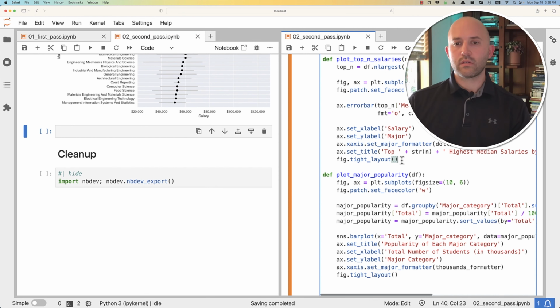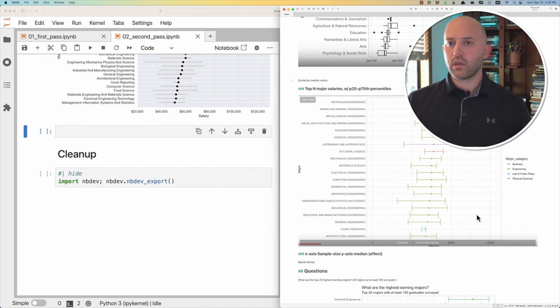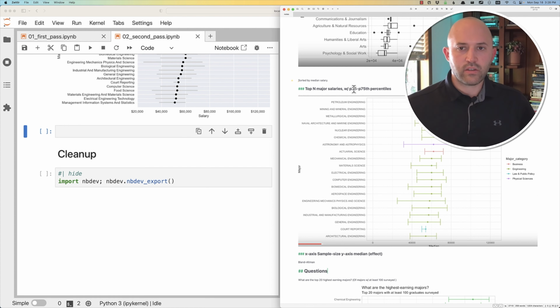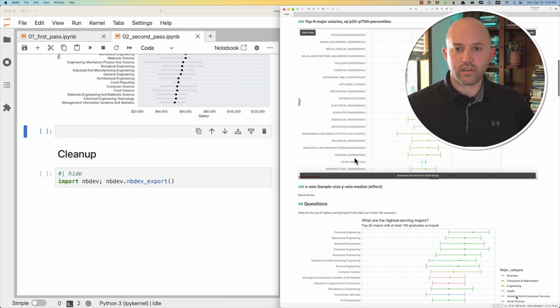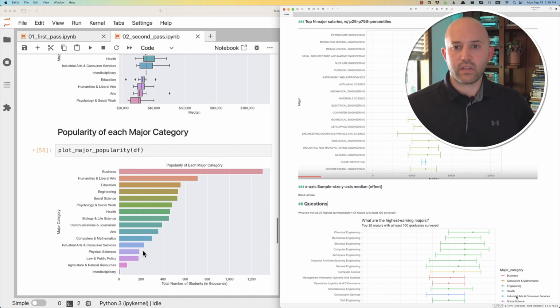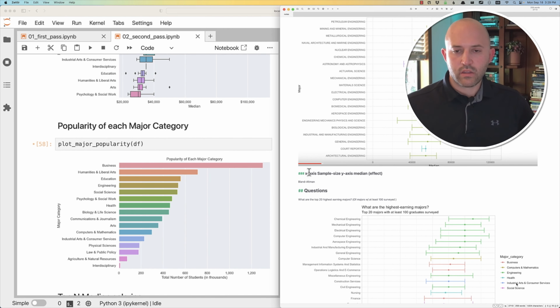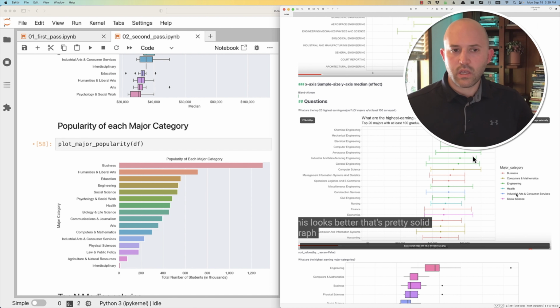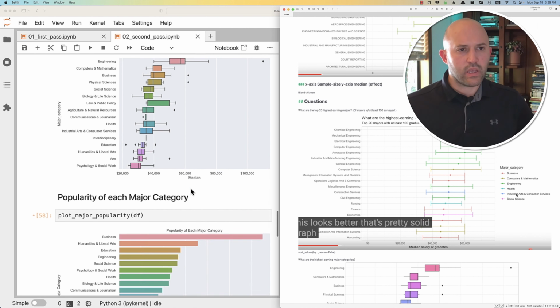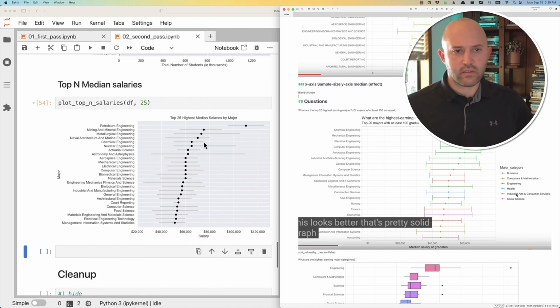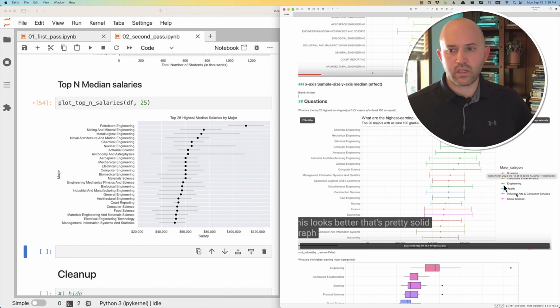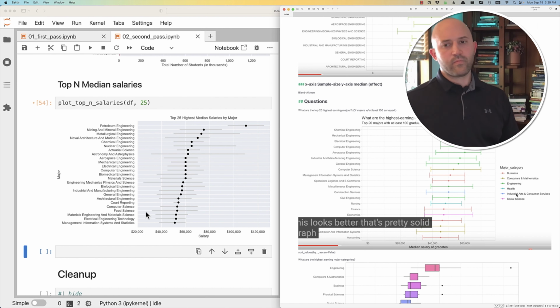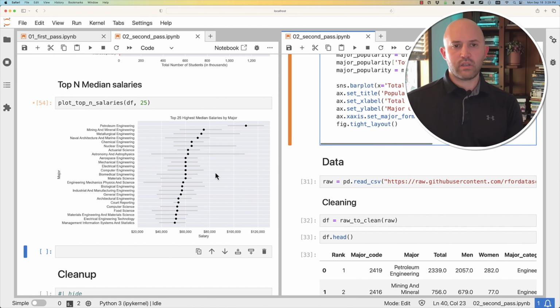And let's see here. Okay, so we have the top N major salaries. We have the popularity total of those things. There's this x-axis sample size versus median thing, which I'm not really sure about. Oh yeah, he went with this and said, I want to look at the top yield with a category label. Let's do that actually. So I'm going to redo this plot, or maybe